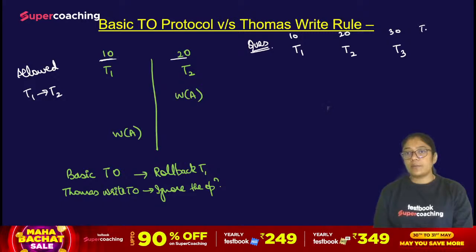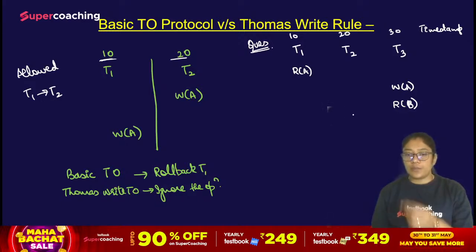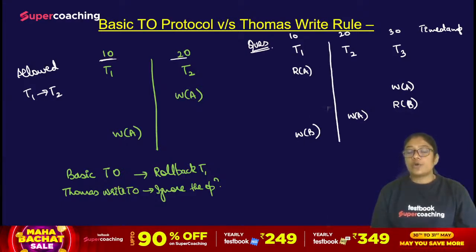These represent the timestamp values, and the operations are: this is performing the read operation, then T3 is performing the write operation, and then T3 is performing the read operation on the data item B, and T2 is performing the write operation on the data item A, and then it is performing the write operation on data item B. So according to basic timestamp ordering protocol and Thomas write timestamp ordering protocol, what all transactions will be allowed to